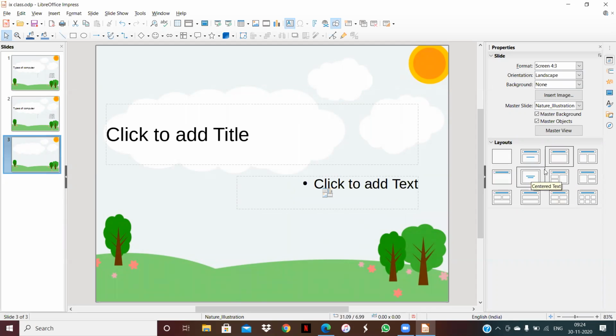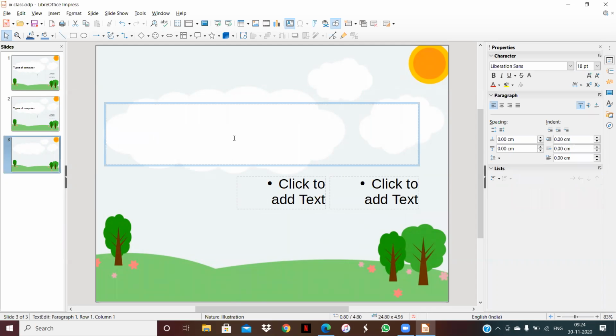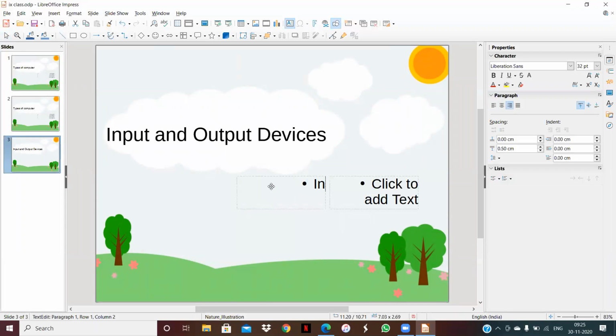Suppose I want to show it in this way. Clear? Here I write input and output devices. In this box, I am going to write input devices.